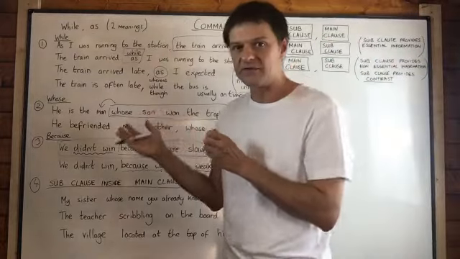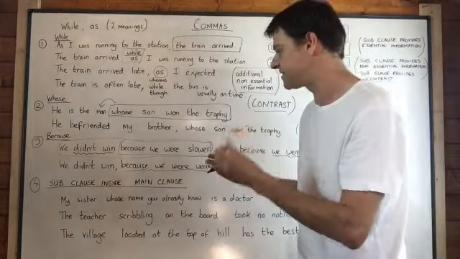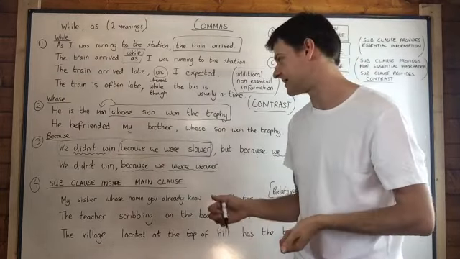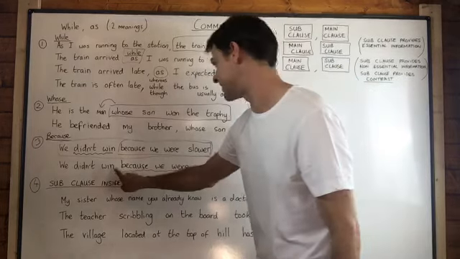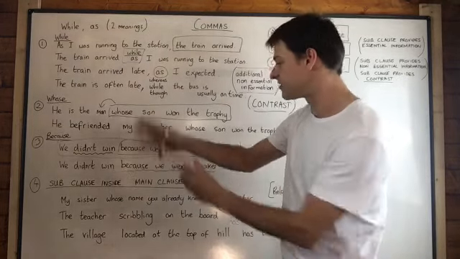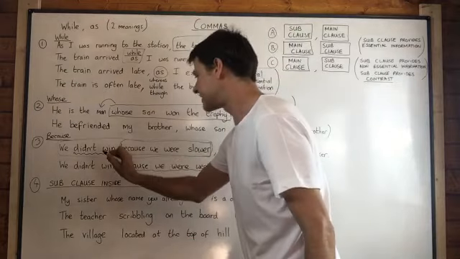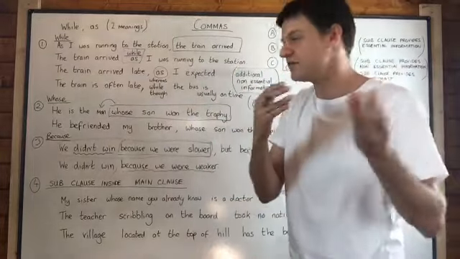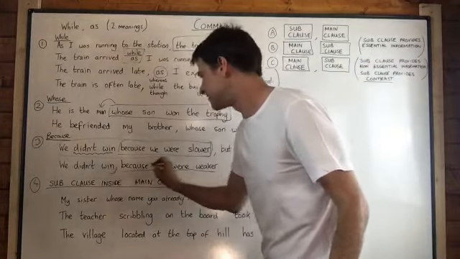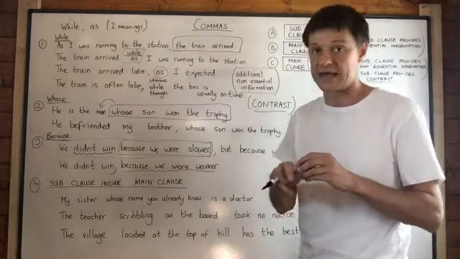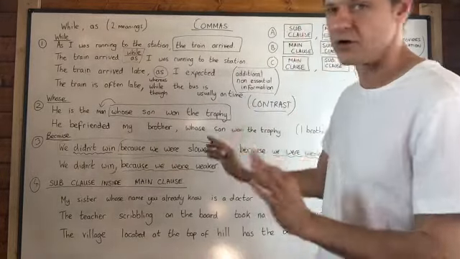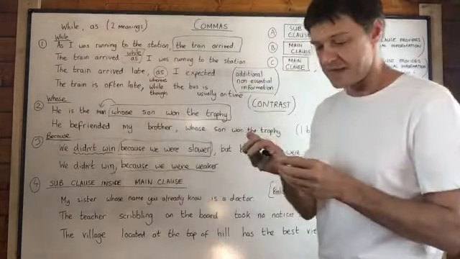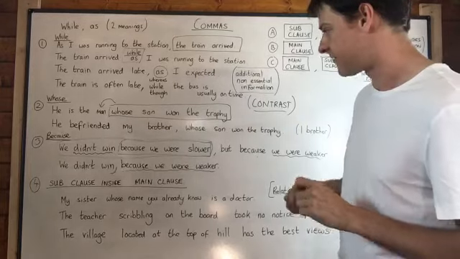So it all depends what you mean in this kind of sentence. You can see that it's ambiguous until we use commas. The commas clear up the ambiguity. So very important, this comma. As soon as we take it away, it means we didn't win because of something else. But as soon as we add it, it means we didn't win because we were weaker. Yeah, because the fact that we were weaker means we didn't win. So use the comma if this is the fact which explains that negative verb. Okay, so that's "because." If you have any questions about that, put them underneath. That does work logically in all situations, so I want that to be very clear.